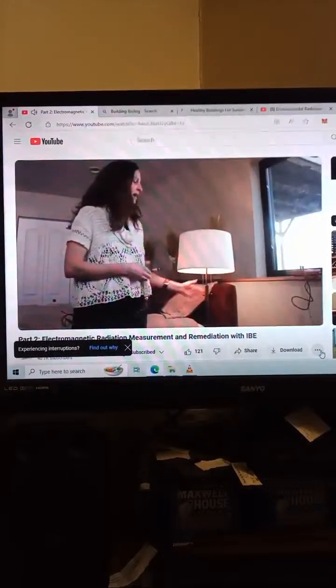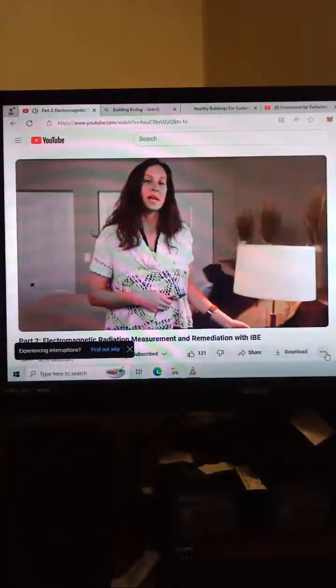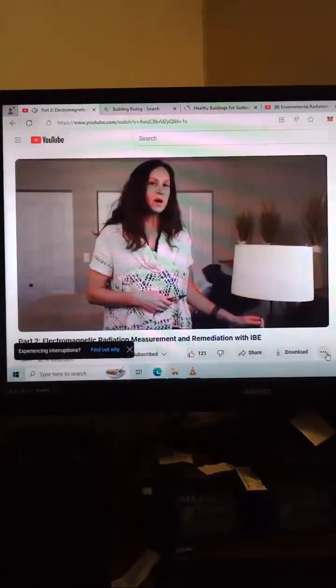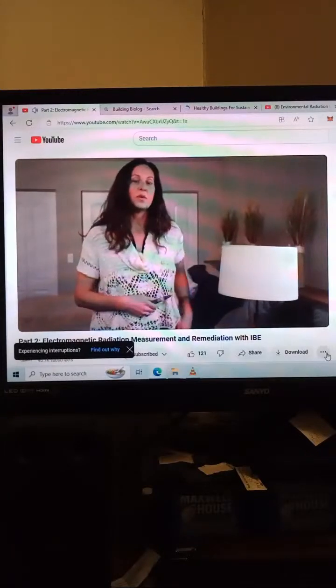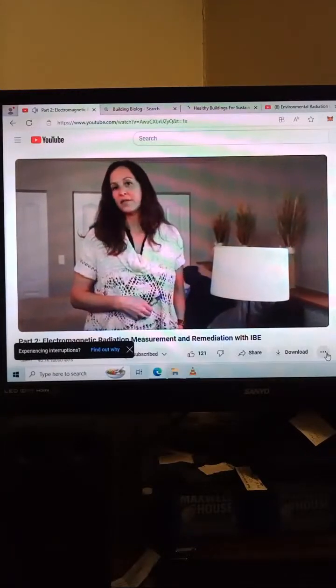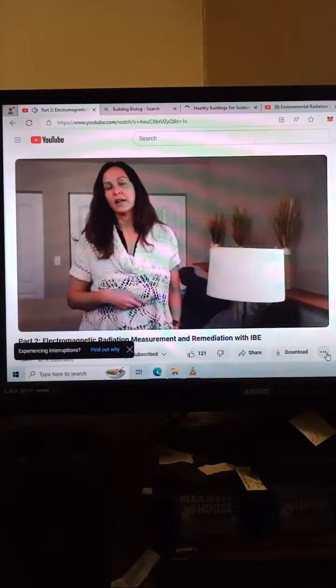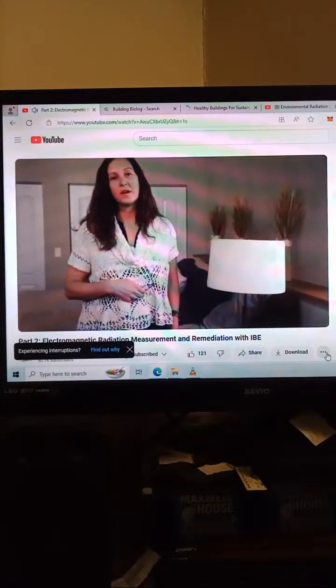As you can see, I have a lamp on here and I have a voltage sensor, which demonstrates that there are electric fields emanating from the lamp. And when I turn the lamp off, those electric fields are still there. So in order to maximize the benefits of sleeping at night and your body's ability to repair, you would need to turn off the circuit breakers in